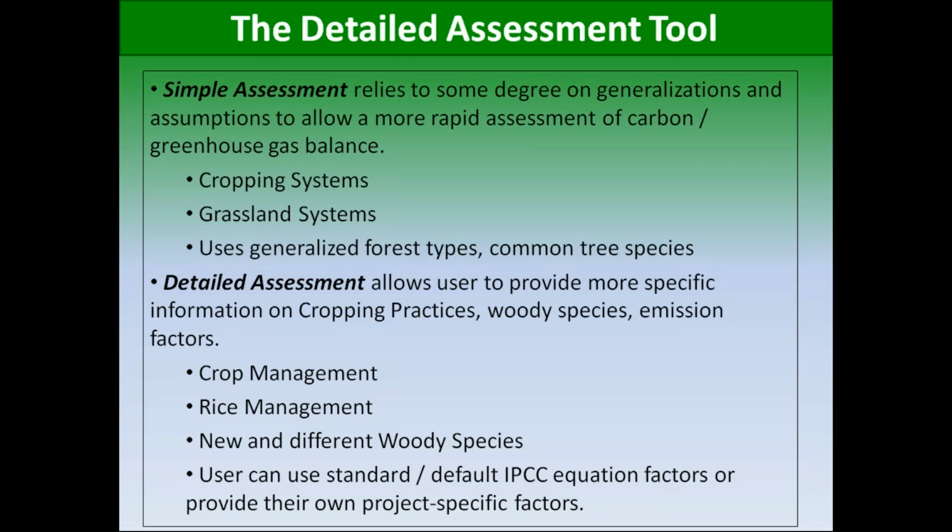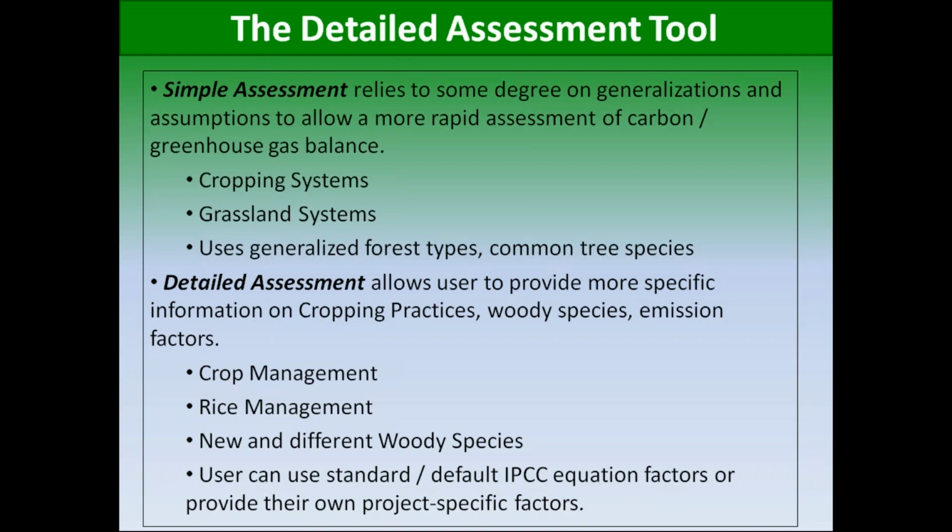So the detailed assessment, as the name suggests, allows users to provide more specific information on cropping practices, woody species, and most importantly on these emission factors. So again, your emission factor is a factor which changes any kind of activity into a greenhouse gas emission or a stock change. And these are to do with crop management, rice management, we have new and different woody species,